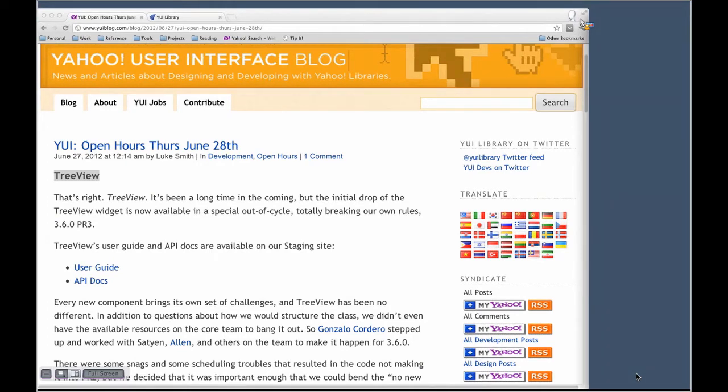know that you can get it in PR3. We'll continue doing little bug fixes and critical fixes for what will now be called PR4, which is in mid-July, followed by GA. So please, if you're using TreeView, now is the time to exercise it from PR3. And Gonzalo, how much now, TreeView has been in the gallery for a little while, but